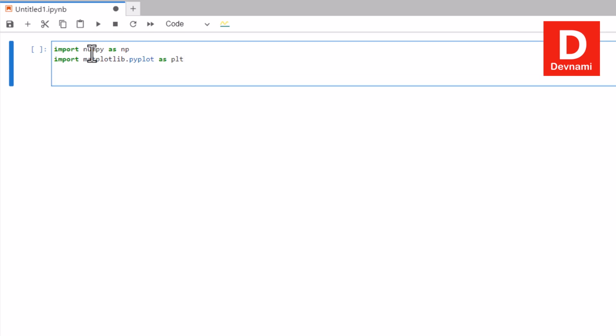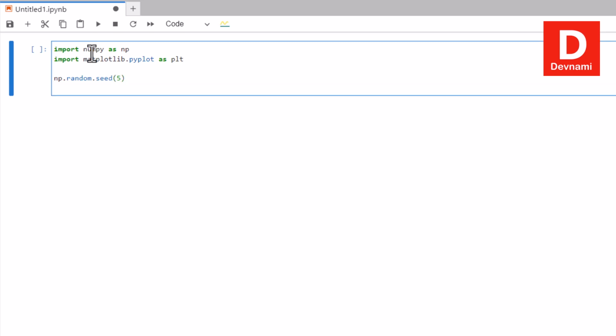Once we have this, we can create some seed with np.random.seed and a seed of 5. Then to set the value of x, type in np.random.normal,